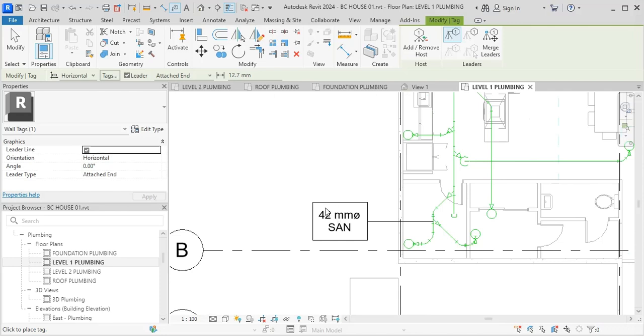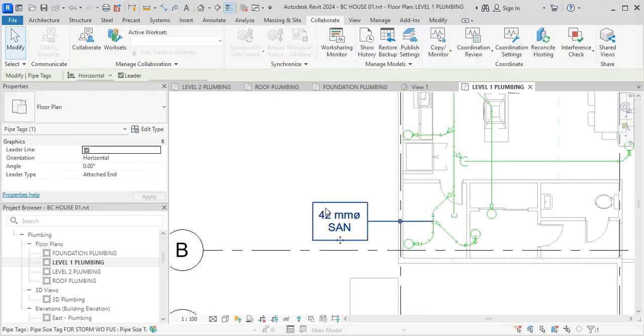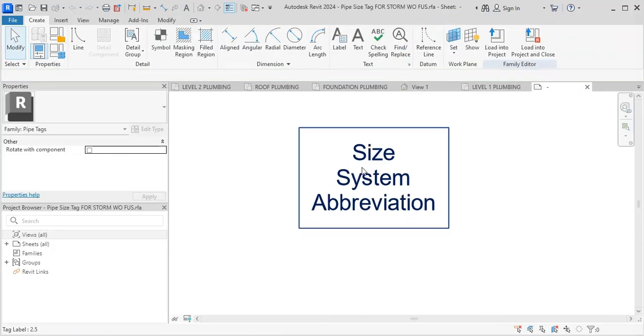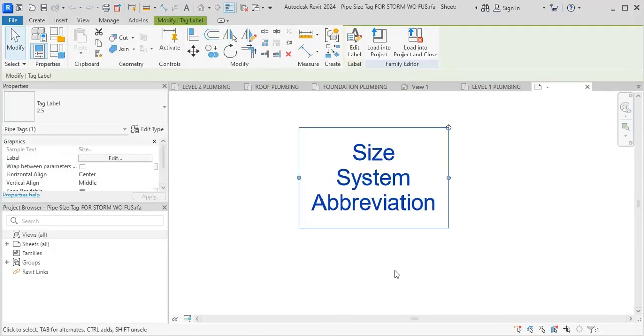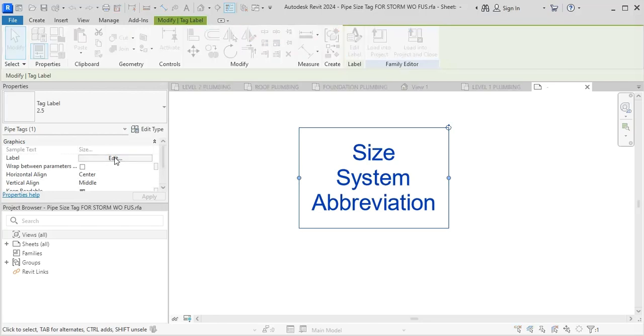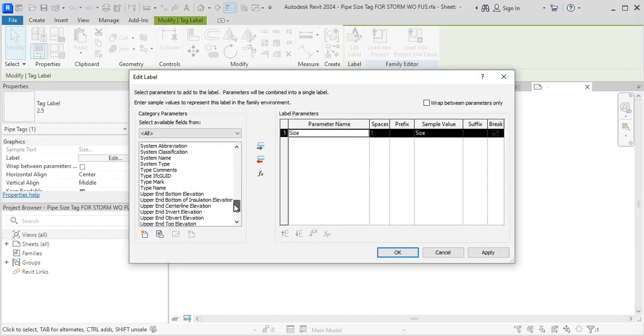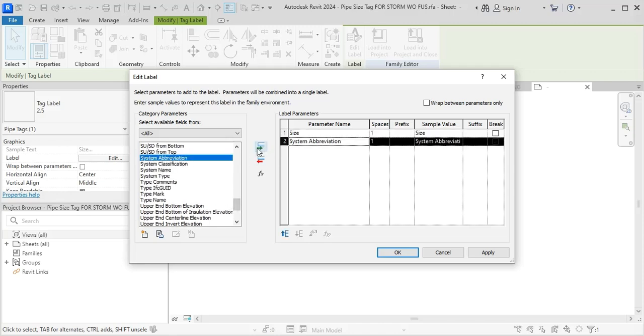I will click this tag and then I press escape, click this tag, edit family, and then I will click the label and then label edit. So now your tag will just have the size. I will go all the way down to, I want to add system abbreviation, and I want to add also fixture units. I press F,